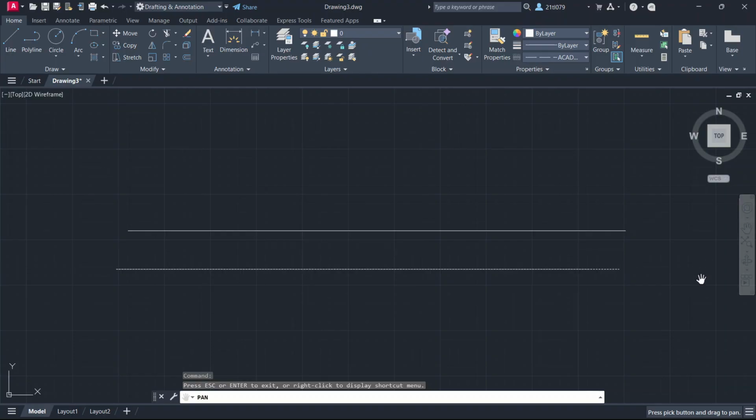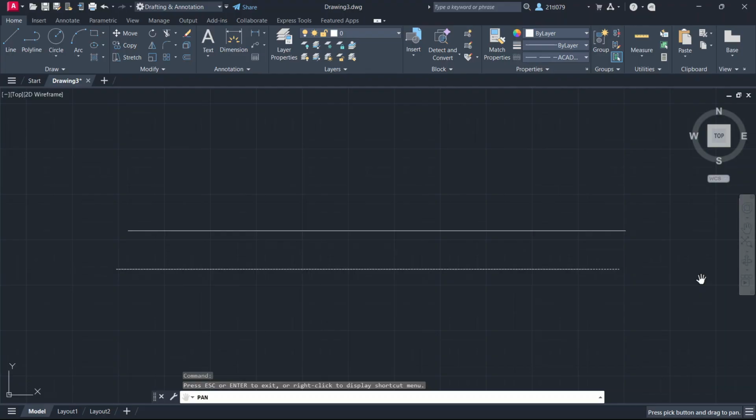If you're working in model space and your dashed lines look fine there, but not in layout space, try adjusting PSLT scale as well. Set it to 1 to make line types appear consistent between model and paper space. This small tweak ensures your dashed lines look perfect in every view. Once everything's set, your drawing should display broken or dashed lines clearly and evenly. This not only improves readability, but also ensures your designs look clean and professional when printed, and that's all there